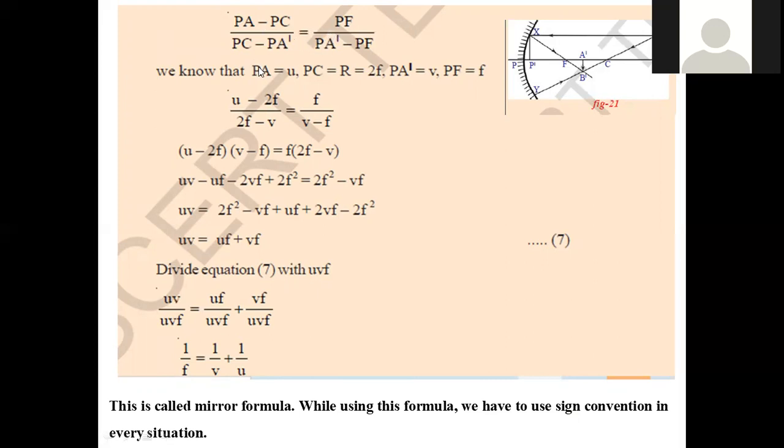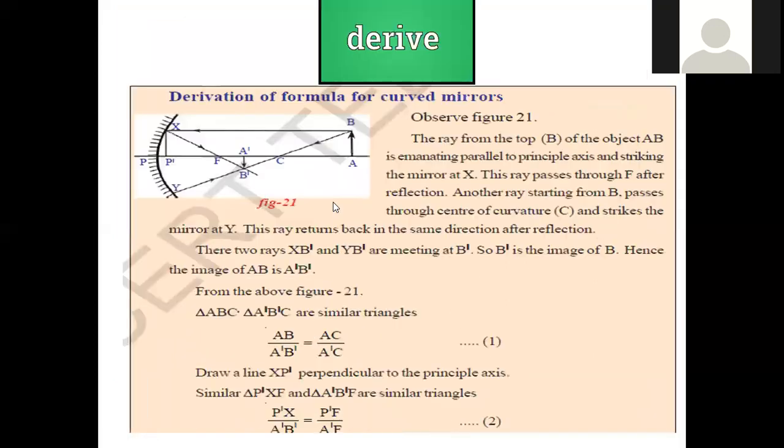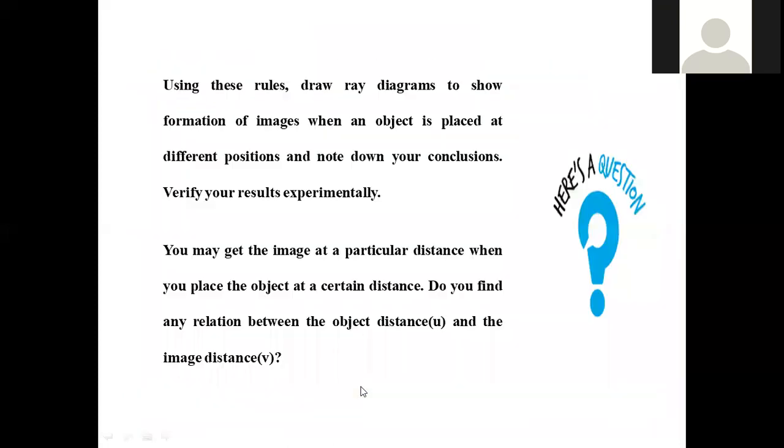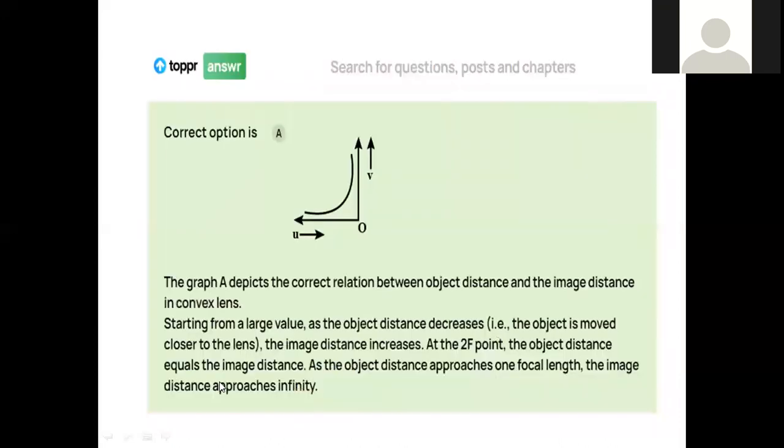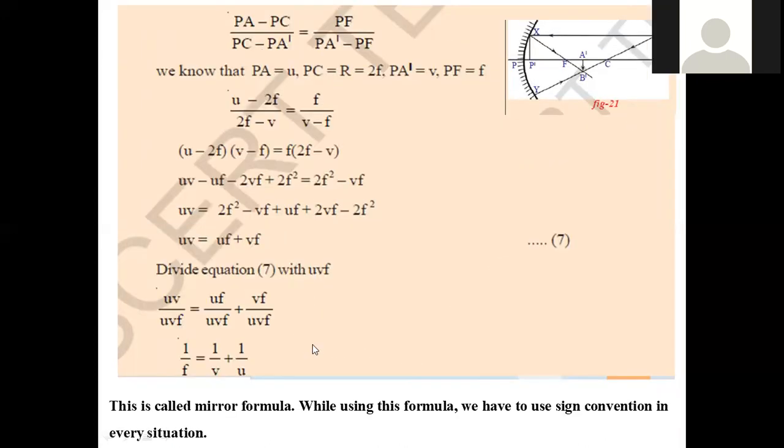Now let us make the equation concise. PA can be denoted with U. What is U? U is nothing but the object distance. V is nothing but the image distance. So let us insert these values. PA is equal to the object distance. PC is equal to R. PC is called